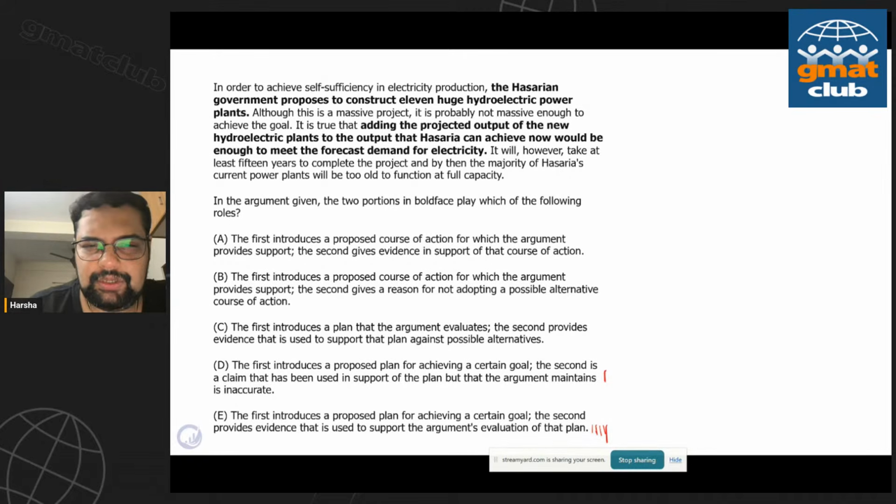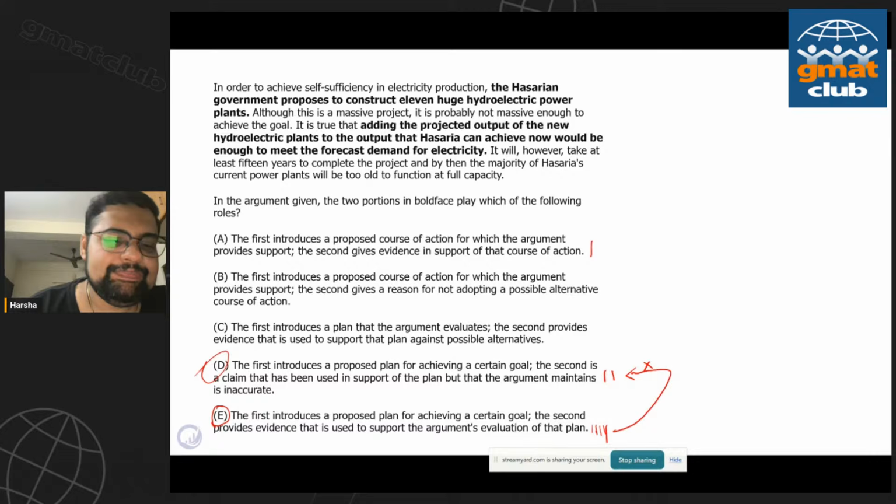All right. So perhaps we can start discussing. A quick question for those of you who chose choice E: how did you reject D? For those of you who chose choice D, what made you reject choice D? I can see there are a couple of candidates for D as well. But for those of you who chose choice E, what made you reject choice D? What did you see?